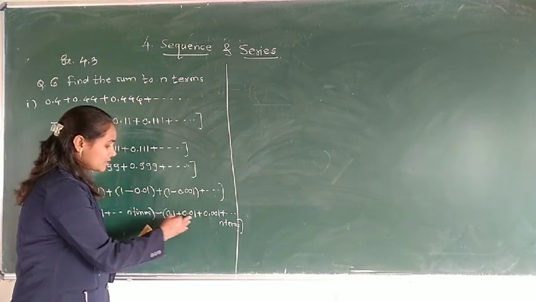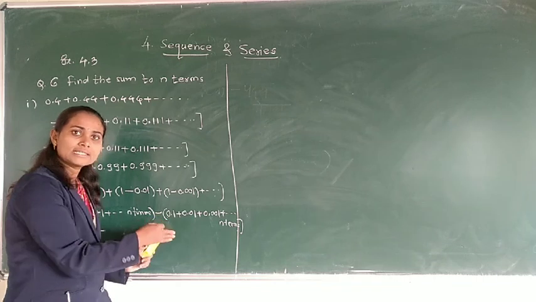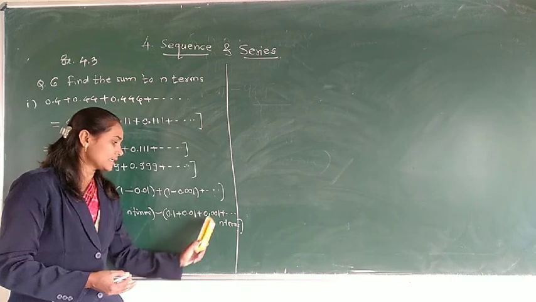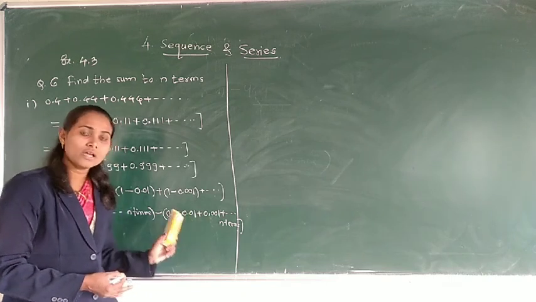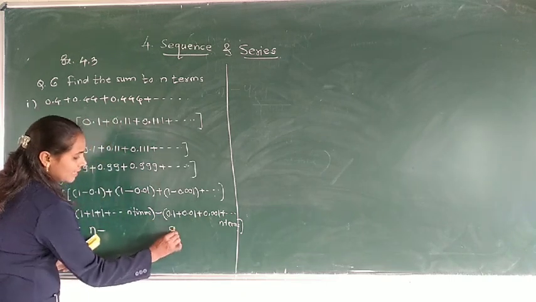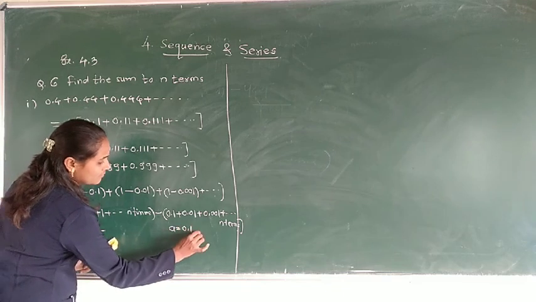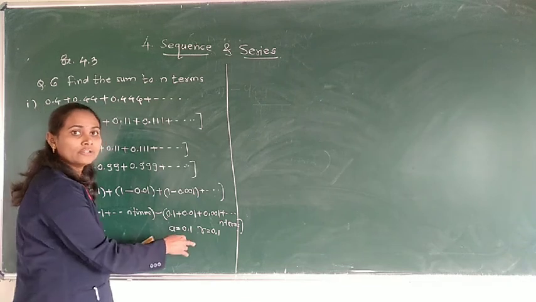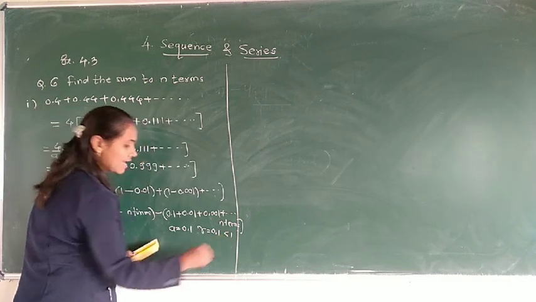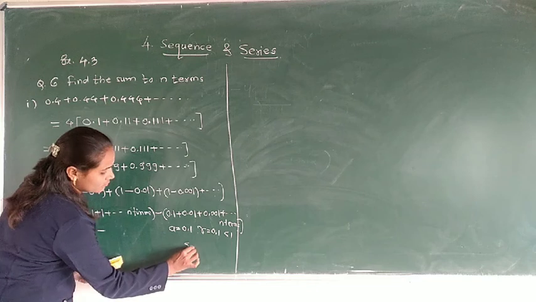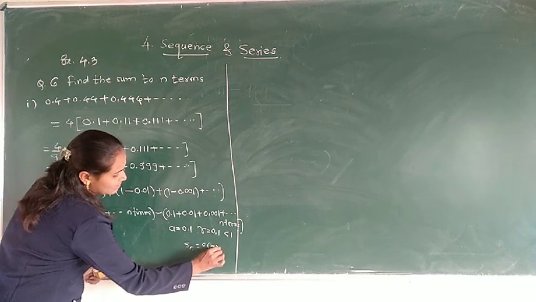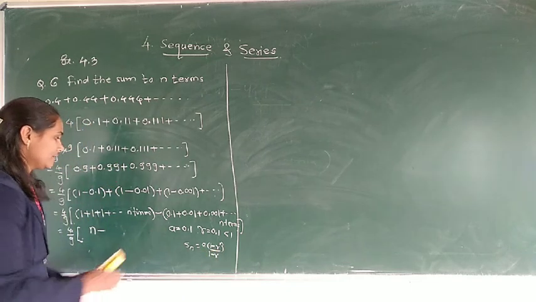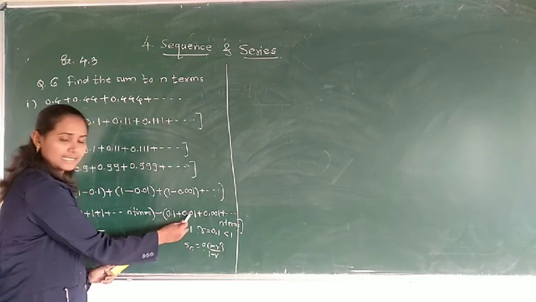If we take 0.01 divided by 0.1 then it is 0.1. Again the ratio is 0.1. That means the terms in the second bracket form a GP with a equal to 0.1 and r also 0.1. But here the value of r, the common ratio, is less than 1. So which formula do we use for this? a into 1 minus r to the n divided by 1 minus r. We use this formula for this sequence.